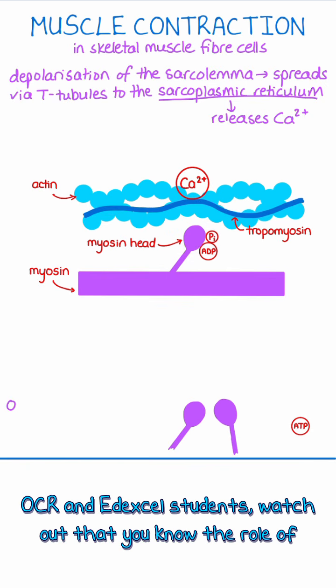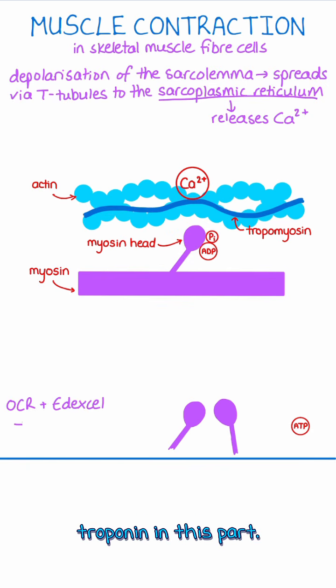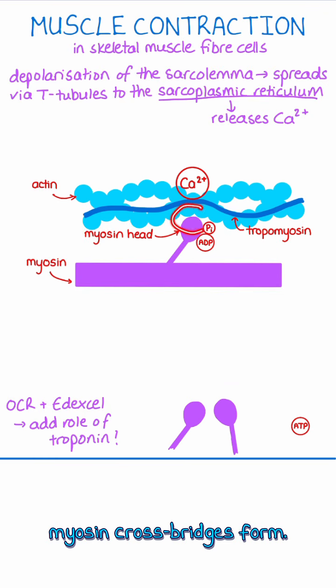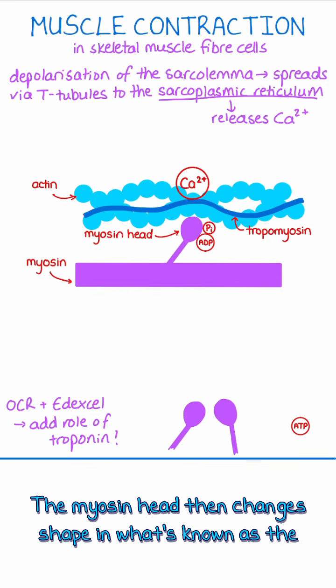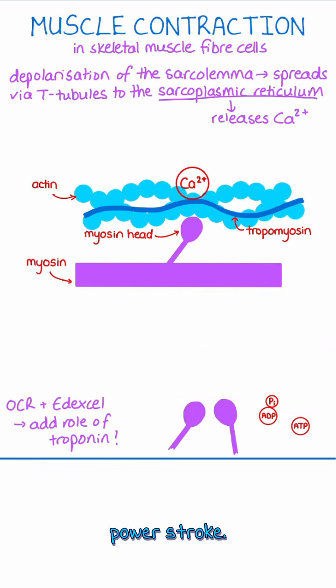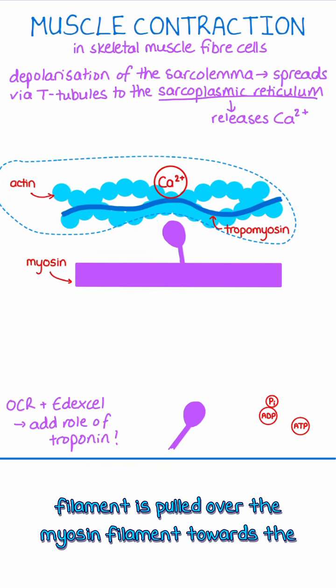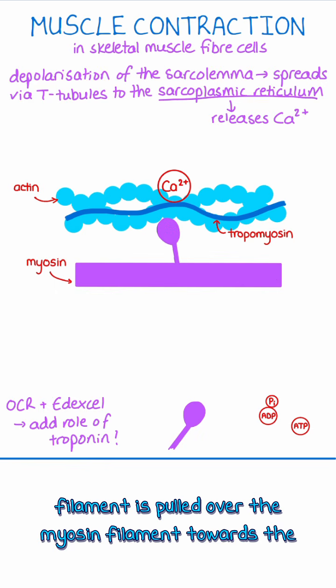OCR and Edexcel students, watch out that you know the role of troponin in this part. Now the myosin heads can bind to actin, and actin and myosin cross bridges form. The myosin head then changes shape in what's known as the power stroke. ADP and inorganic phosphate are released, and the actin filament is pulled over the myosin filament towards the centre of